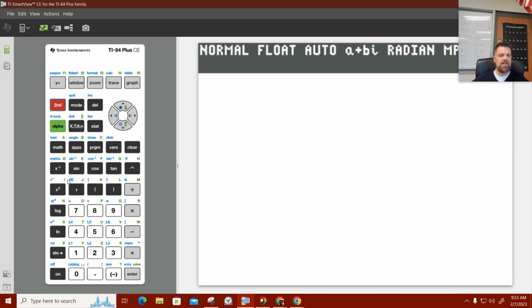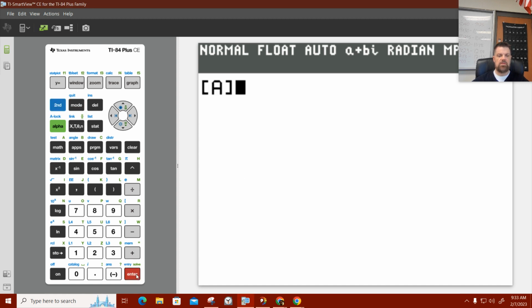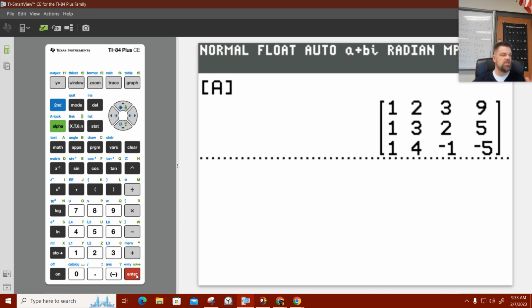So if I hit second matrix A, I always like to double check it. And then when you hit enter, it displays it. Double check it real quick. 1, 2, 3, 9. Yep. 1, 3, 2, 5. Yep. 1, 4, negative 1, negative 5. Yep. Yep. Yep. So what we want to do is, I noticed that all of the x's have a leading